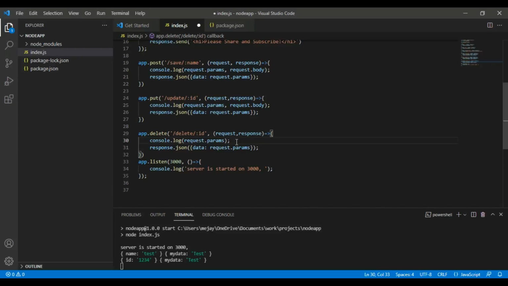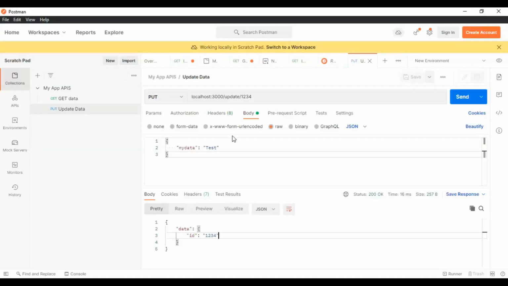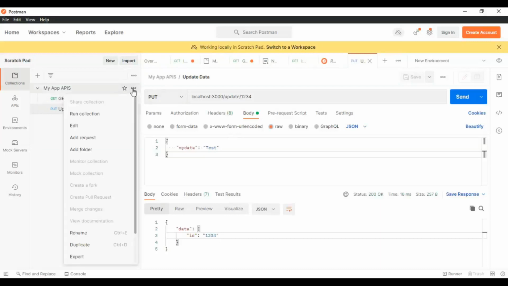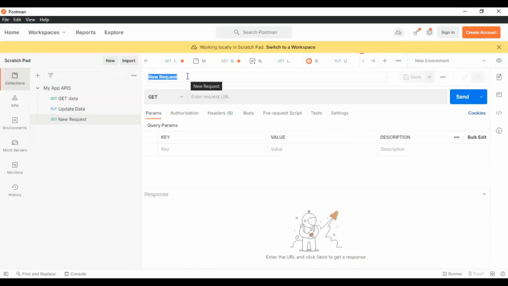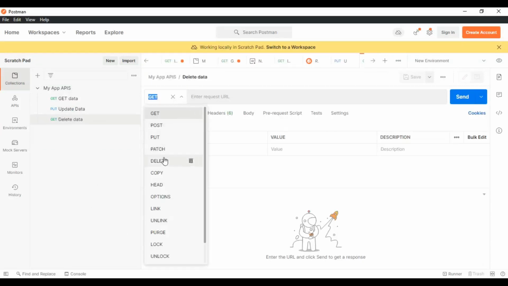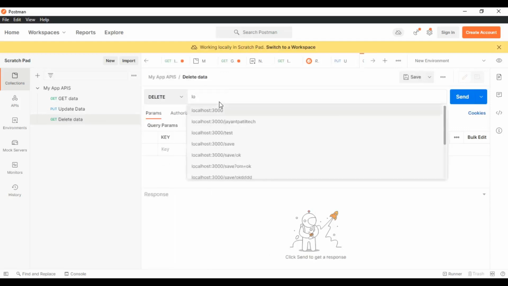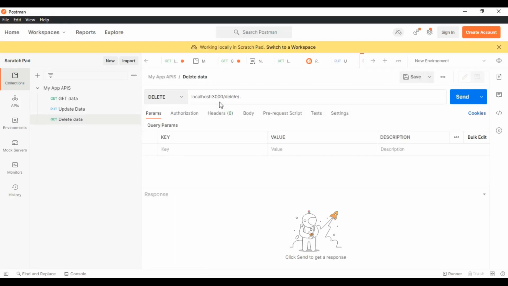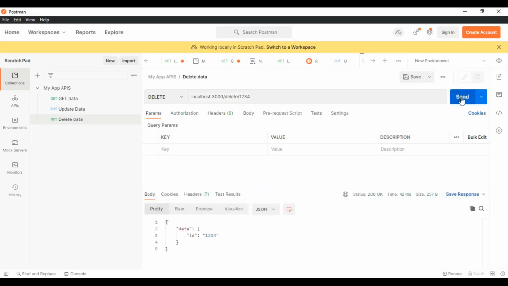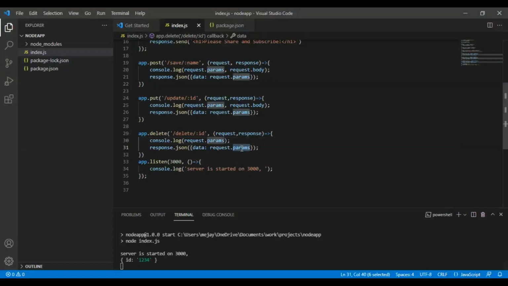So let's test this as well. We need to restart the server, and now we need to create a request, delete data. It is saved. You can select delete here, localhost/delete and ID 1234. There is no need to select anything from here. You can directly hit this. You will get whatever we are passing as a response because we are sending it in params. So here you can use that ID params, params.id, and depending on the ID you can fetch